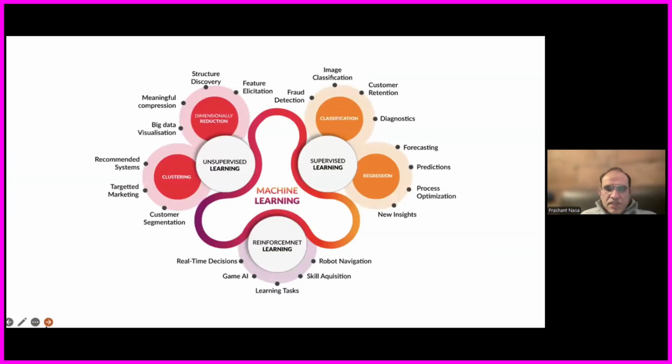And then these are different ways machine learns, either looking at unsupervised learning, where it tries to use these program models to continuously evolve itself in an unsupervised way, or then we have some sort of supervision through different types of programs where the learning is happening in a supervised fashion, and that is being used at different places like fraud detection, new insights, process optimization, or even to an extent forecasting.